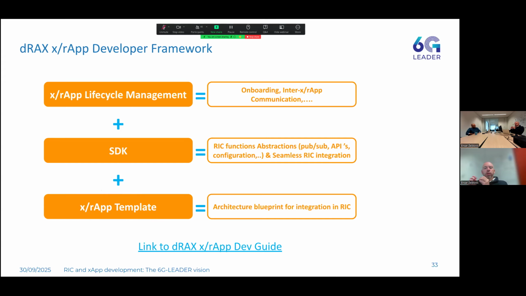So really the goal is to give you as many examples of the functionalities and how these abstracted functions work, so that you don't even need to read the dev guide, but can really jump into the actual functionality of the system. So we have a bunch of those that can help you get started. Of course, for anyone who wants to learn more or deep dive into the SDK, we also have a full-fledged xApp or rApp dev guide that gives more details into these abstracted functionalities and more explanation on how they work.